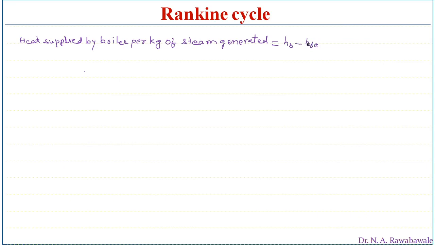HFE is because HB is nothing but the enthalpy of dry saturated steam, whereas HFE is the enthalpy of water at point E. Because the condition of the working substance at point E is water, it is written as F. So F represents that it is water. Now this can be written as HB as it is, we write minus of, so coming back to the diagram,